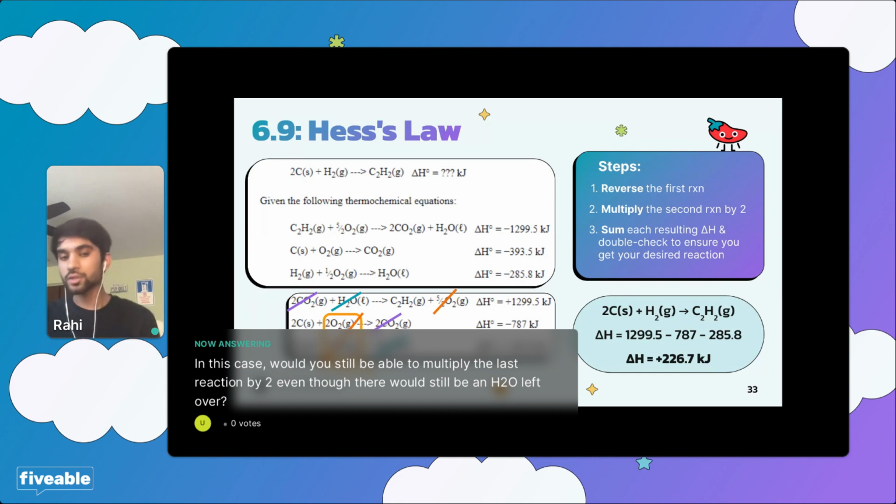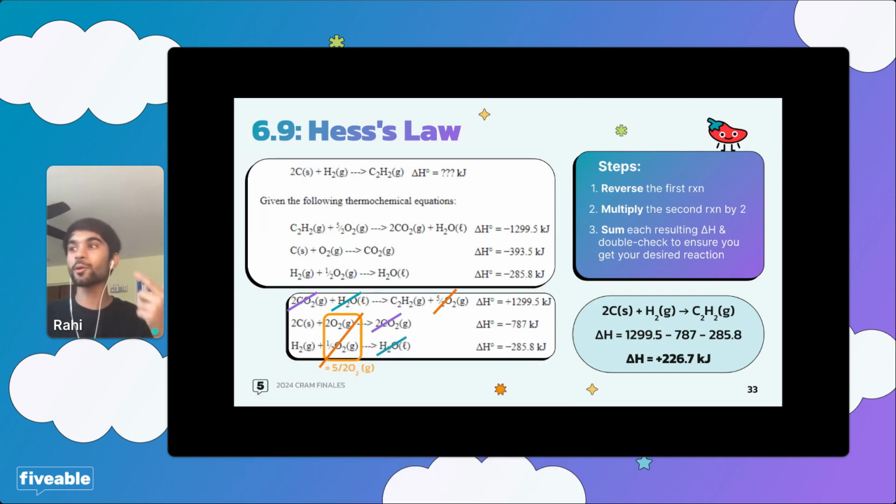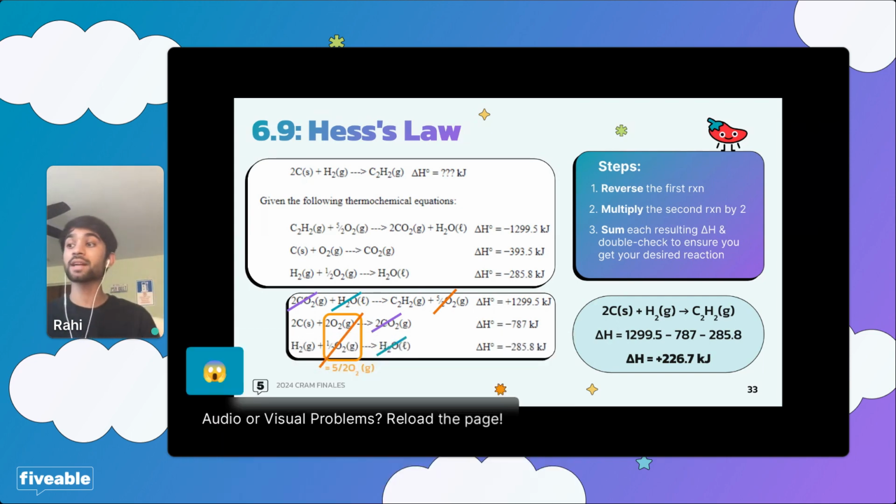So in that case, we would have to multiply the top reaction by 2. If we did that, then we'd have 4 CO2. And if we have 4 CO2 and the second reaction also has 2 CO2, what happens? We have to multiply the second one by 2. So now what did we all do? We multiplied every single one. We multiplied the first reaction and the second reaction and the third reaction by 2 again.